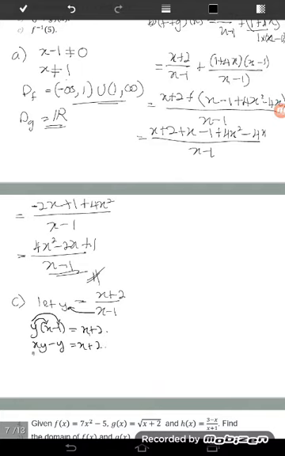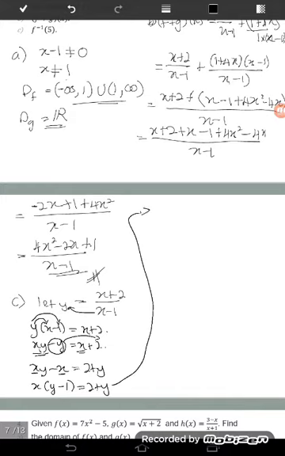Okay, so to solve for x, here we have x, and here also we have x. So collect, so we have xy minus x. This one negative y, there is no x, so bring it to the right. So it is equal to 2 plus y. And then we need to solve for x. Here x, here also x. So factor out x, so we have x times y minus 1, which is equal to 2 plus y. Okay, so therefore we have x equal to 2 plus y divided by y minus 1.